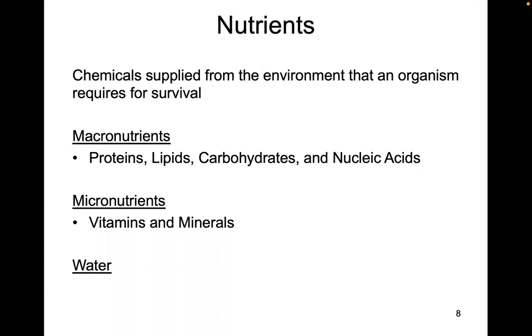We have macronutrients, and these are things like proteins, lipids, carbohydrates, and nucleic acids that we need to break down, to make other things, to make energy, to create fat, to have nerve conductions, to have cell membranes, things like that. And DNA, for instance, with nucleic acids, and then micronutrients. Micronutrients, we think we need these in very small amounts. Macronutrients, we need them in large amounts every day. Micronutrients, we need these in very small amounts. And these are things like vitamins and minerals.